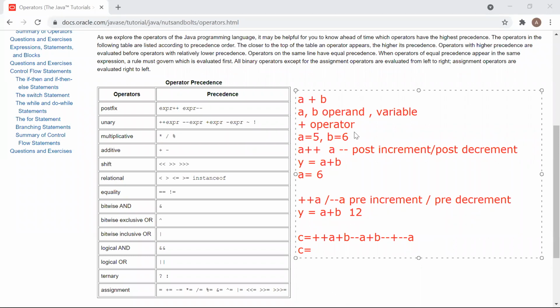I'm giving you 1 minute. See, suppose the value of a is 5 and b is equal to 6.